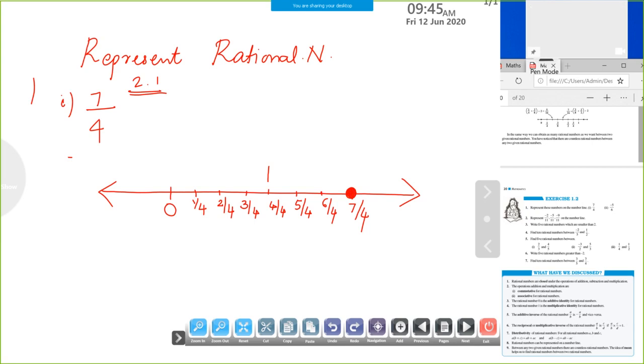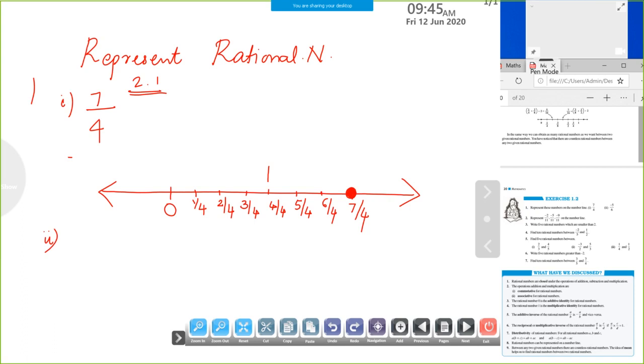So I repeat again. The number given is plus 7 by 4. No sign is mentioned, which means obviously it's a positive number, and all positive numbers are lying on the right side of 0. So I started from 0 with equal width 1 by 4, 2 by 4, 3 by 4, 4 by 4 which is equal to 1. My number is 7 by 4. I haven't reached that number. It means it's going to be a number more than 1. So I reached 5 by 4, 6 by 4 and at last the number I required, that is 7 by 4. I hope you must have finished. Okay. Let's move to the next number.